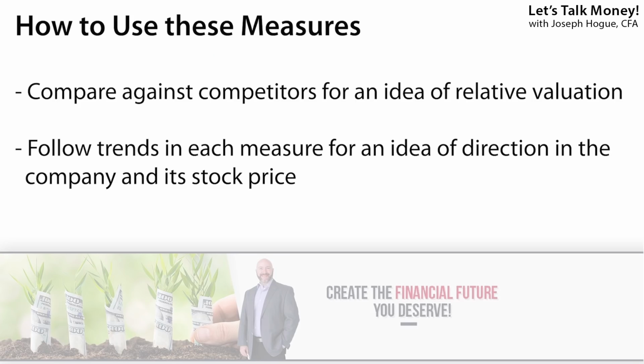Just like those earnings, there are a couple of ways to use these numbers to determine that stock price changes. First, you can compare them against the same measure at competitors. So is management at Samsung able to produce a higher return on assets or an operating margin higher compared to Apple? And knowing this gives you an idea of the financial strength and really which stock might be better. You can also follow the trends in these measures. So is Apple getting more profitable with a higher operating margin over time, or is it getting less profitable, and why?